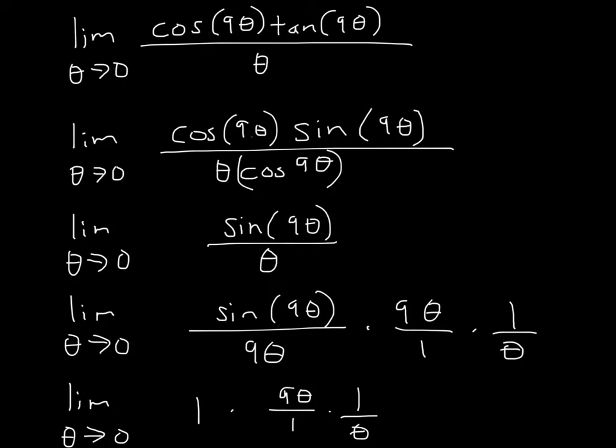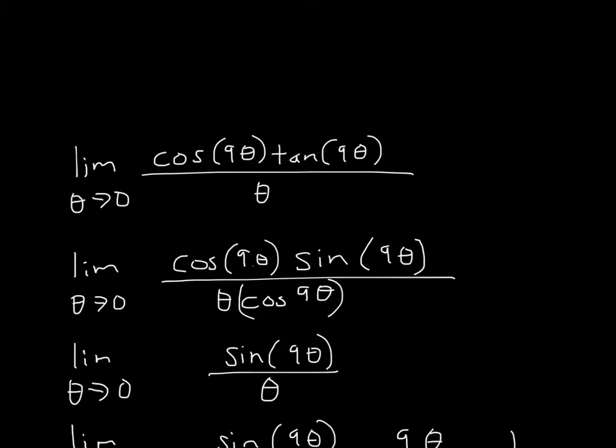But what we can do is we can make it 9 theta. And then all we have to do is, since we multiplied the bottom by 9 theta, we can multiply the top by 9 theta. And we can't forget the original 1 over theta, because if you just remove this, it'd be 1 over theta. So we keep all that. So all I did was just multiply the top and the bottom by 9 theta, and I kept the 1 over theta. So now, since this is the same as sine x over x, as in this one,